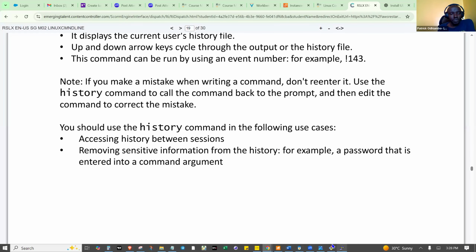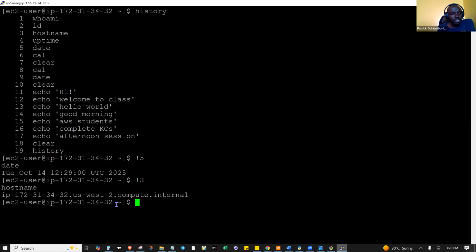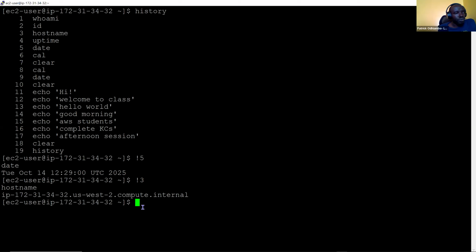For example, if you had entered a password alongside this command, then when you run it, you will be able to read it in plain text, which is not a good thing, especially considering that someone can easily hack you, and then they'll be able to access that password. And maybe that password is used to protect some sensitive part of your digital infrastructure, even as an organization. So it's very important not to have it there.